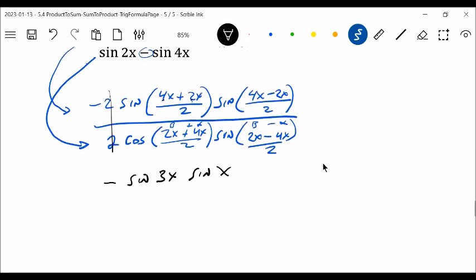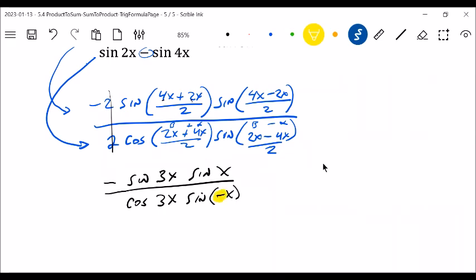On the bottom now, the cosine of 2x plus 4x, which is 6x, divided by 2 is 3x. And then I have sine 2x minus 4x is a negative x. Oh, negative 2x, and divided by 2, I get a negative x. Well, this negative now,